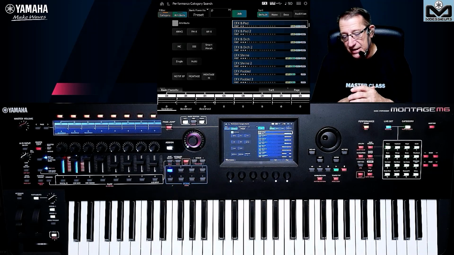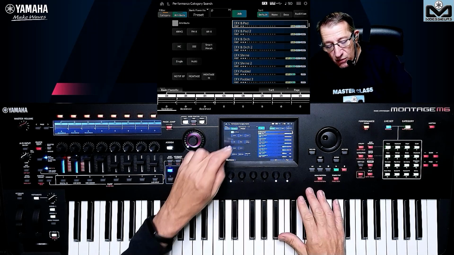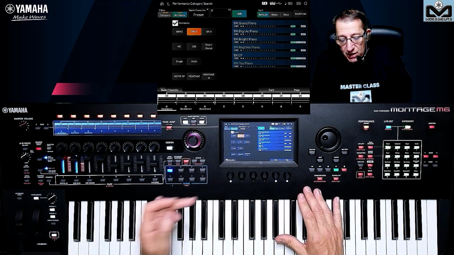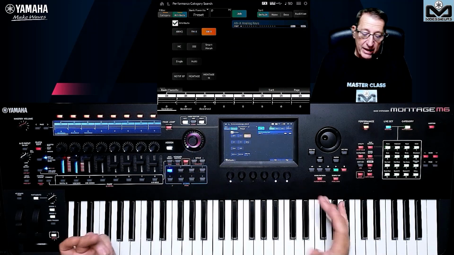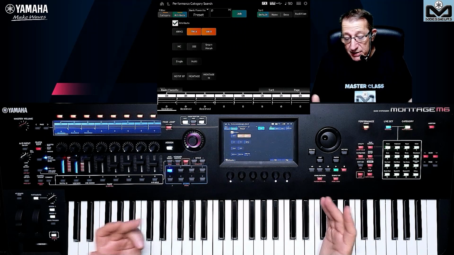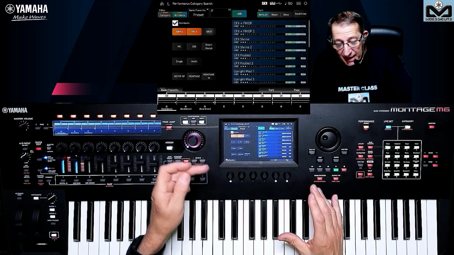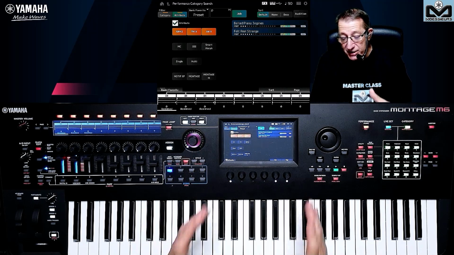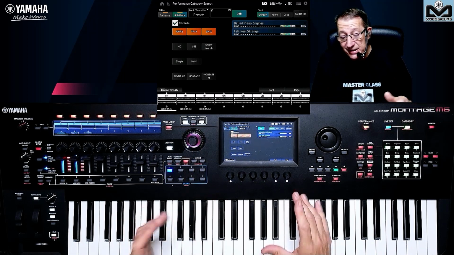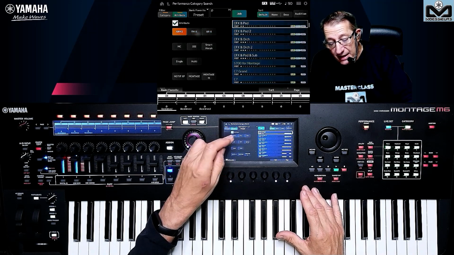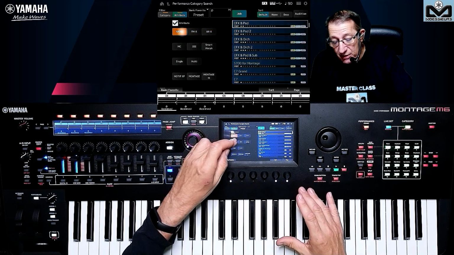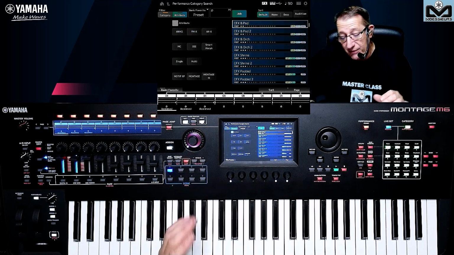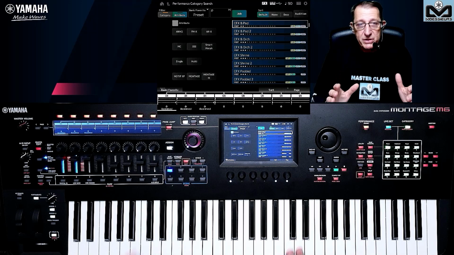The second screen is the attribute, and we can filter with the AWM2 only, the FM-X only, the AN-X only. We can mix if you want, and you can mix like that, and with the FDSP. Here in this category, you have only these two performances that use the three sound engines at the same time. And here you have all, and here you can select only AWM2 with FM-X, etc., etc. So this is great. This is the thing that we could not do as we want on the previous Montage.